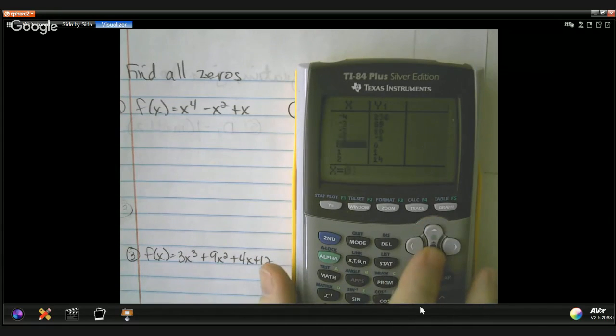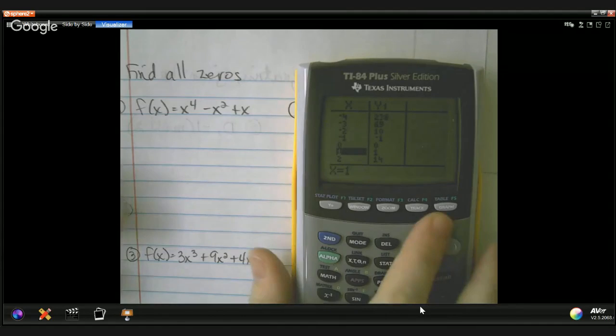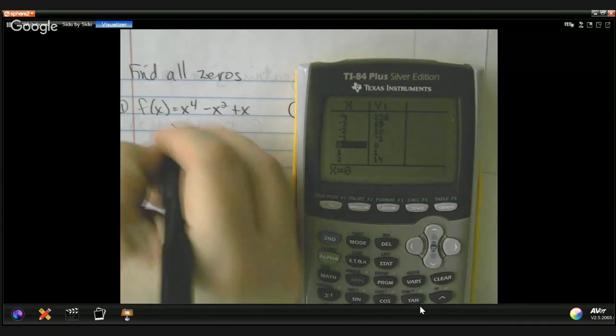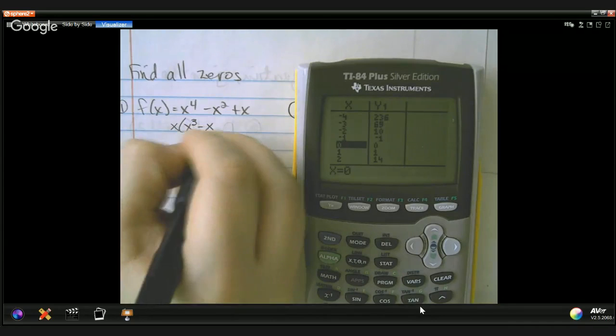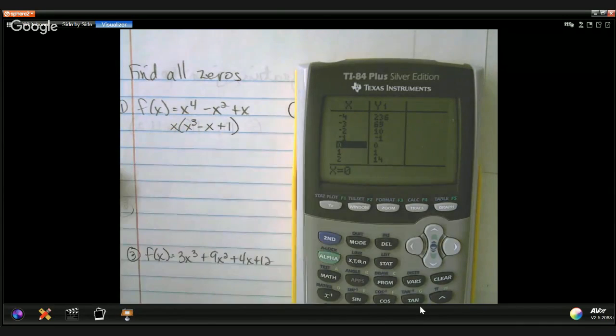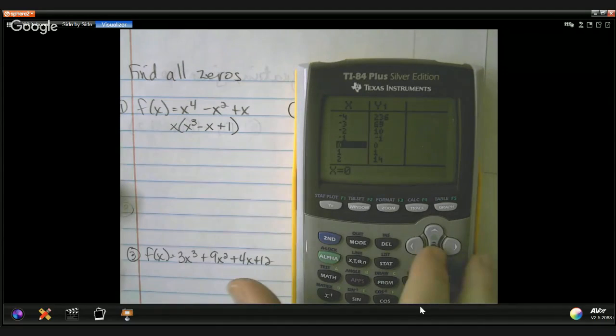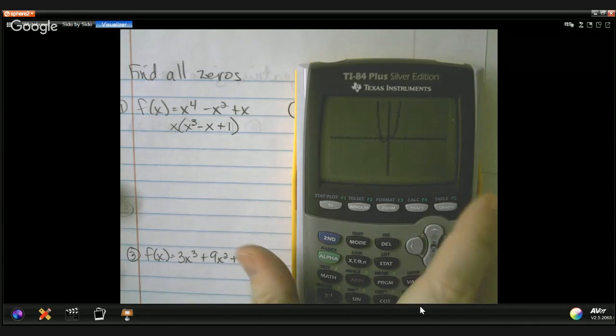And I don't. So really what I'm going to do is take out this x, and I'm left with x cubed minus x plus 1. And so now there's no more zeros. So now what I need to do is find out where the other ones are. And they're going to be